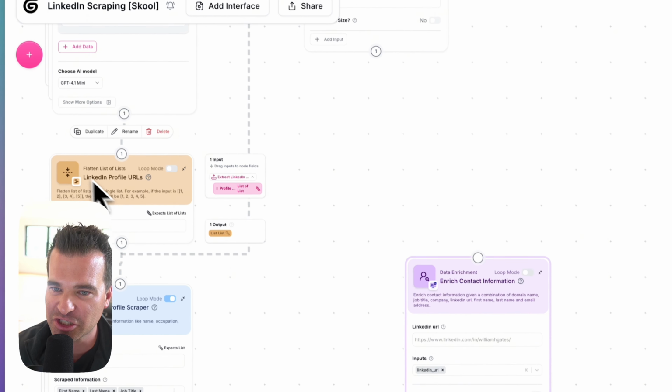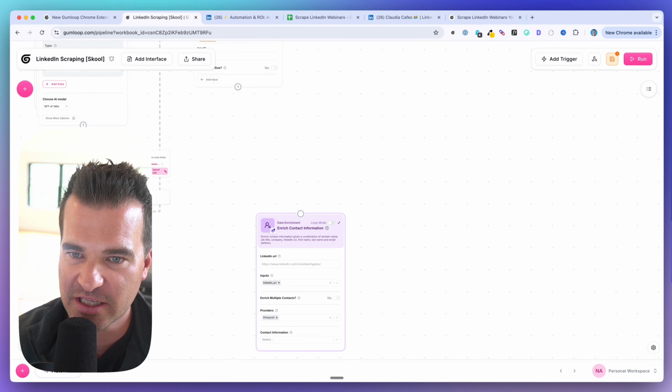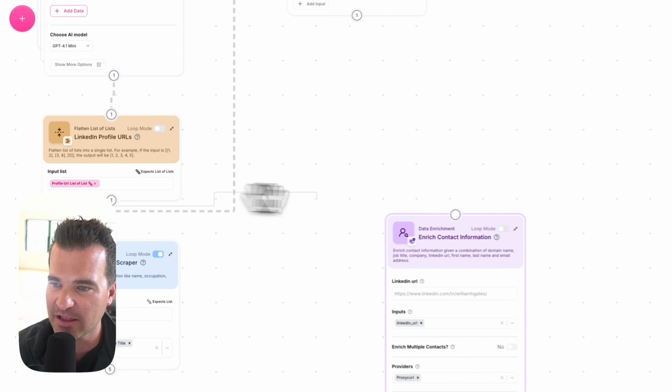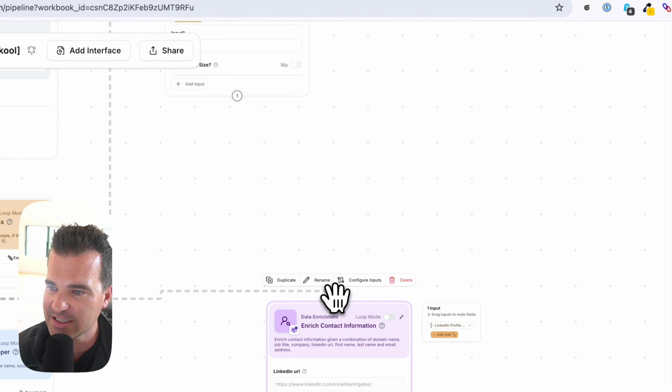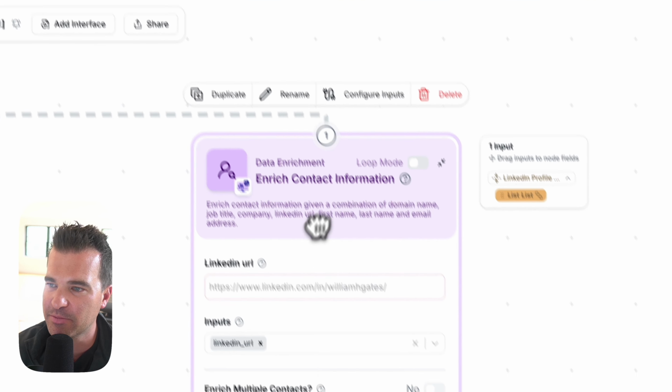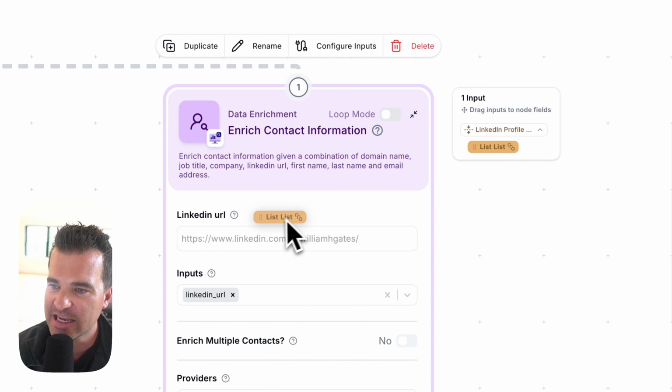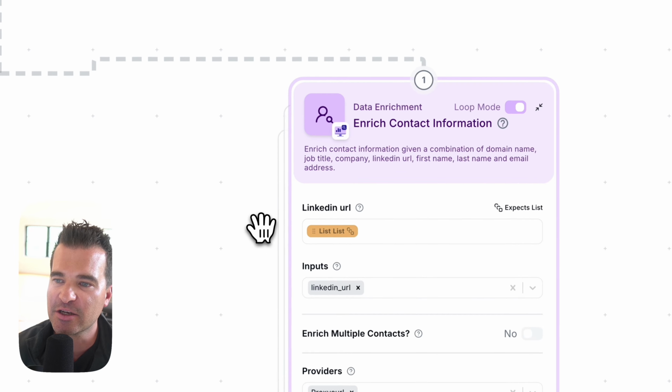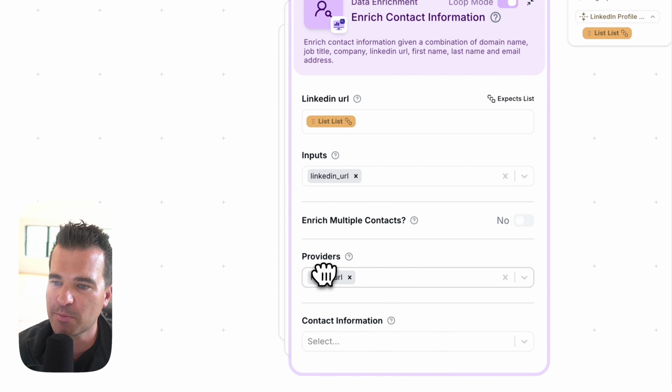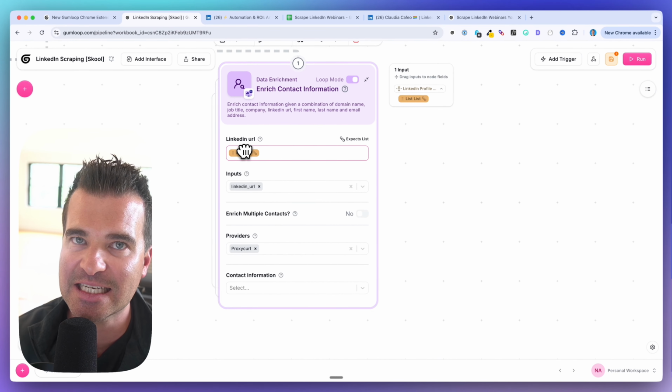And again, that's actually coming from this node, which is the flattened list of lists. So I'm going to drag this over to enrich contact. And now I have my input, right? I can drag this list into the LinkedIn URL field. And so now what this node is going to do, it's going to use ProxyCurl to take the LinkedIn URL